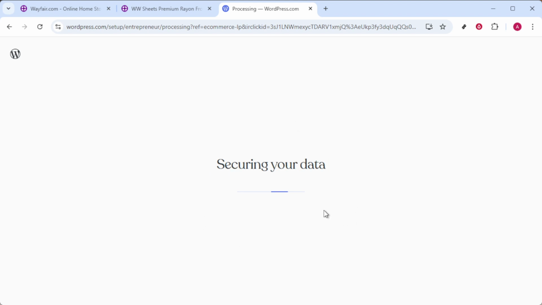Finally, hit the Run Import button. Once the import process starts, all of your selected products will begin appearing in your WooCommerce catalog. Each item will come with a Buy Now button directly linked to Wayfair, enabling a seamless shopping experience for your customers. And there you have it. You've successfully imported Wayfair products to your WooCommerce store. Make sure to double check everything